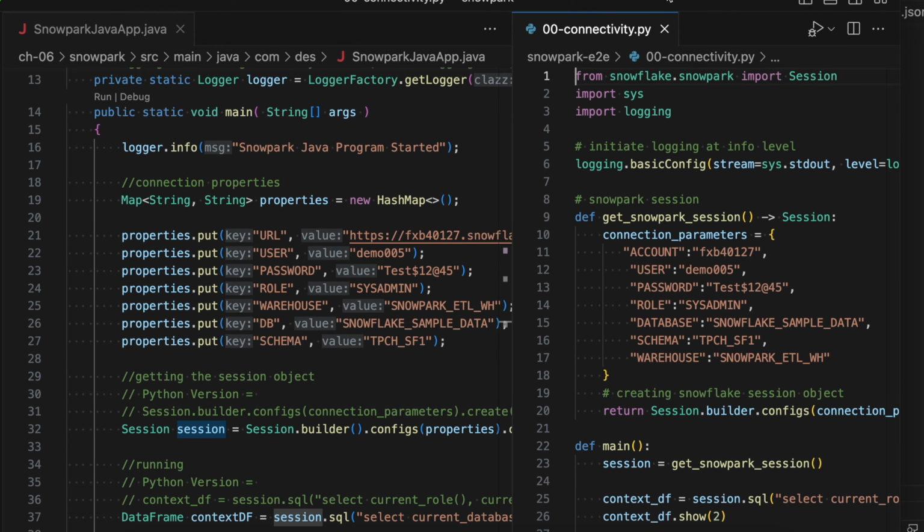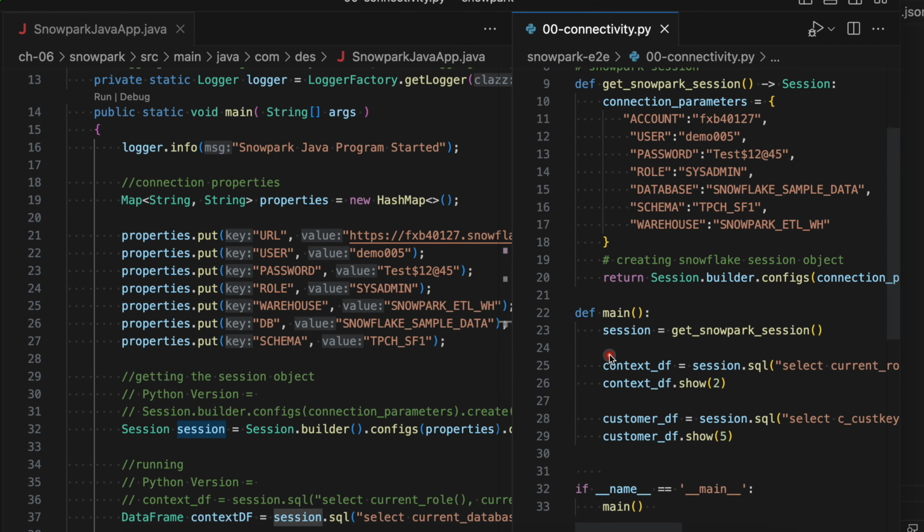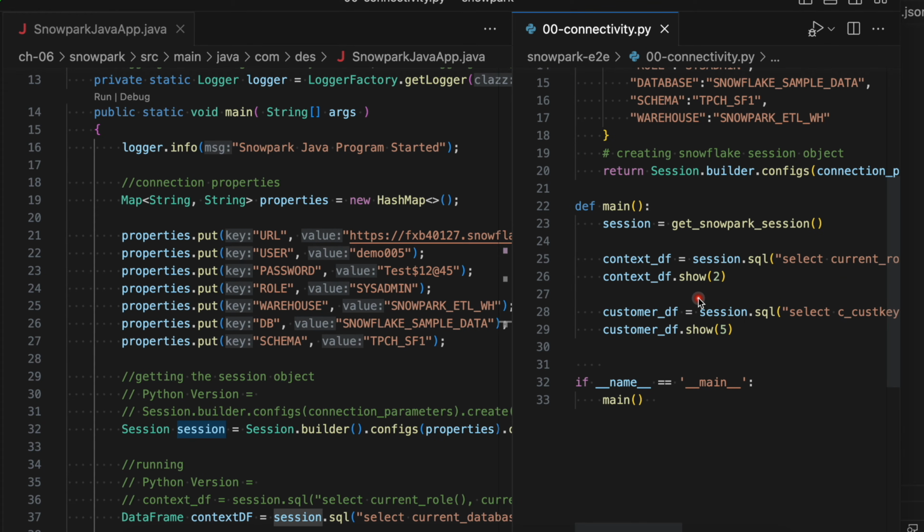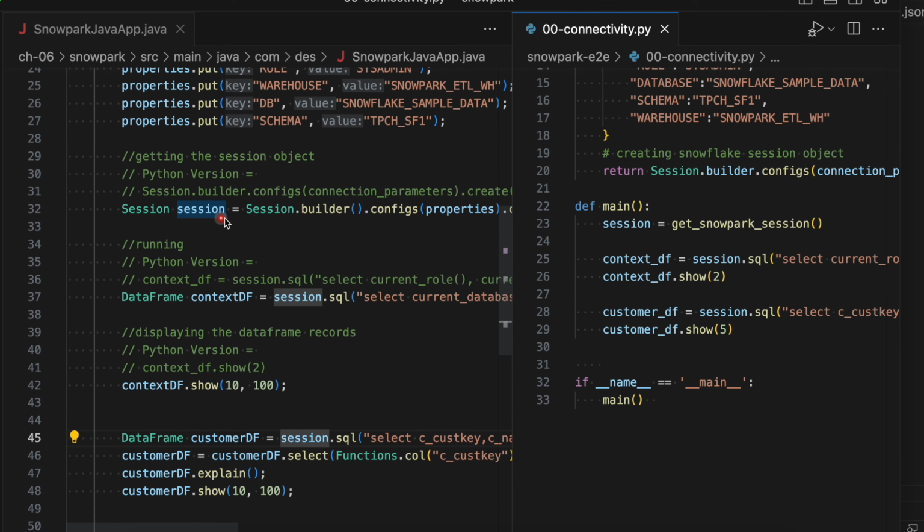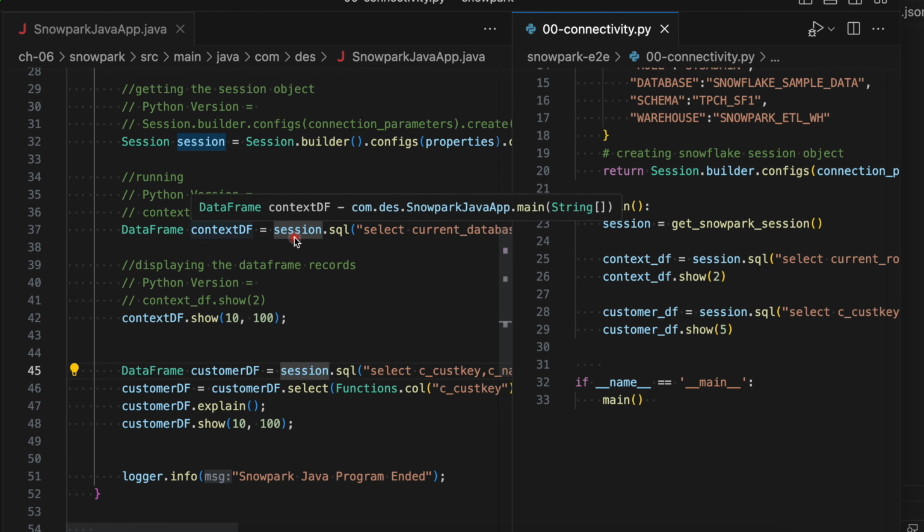Okay, so when I keep the programs side by side, they look almost the same. Here we have a property file, here we also have the property file, then here we have this connection object, and here also we have a connection object, and then we get the data frame through the session object and finally run the show command, and here also exactly the same thing. If you look into the data frame API and the session API, you don't find much difference between Java and